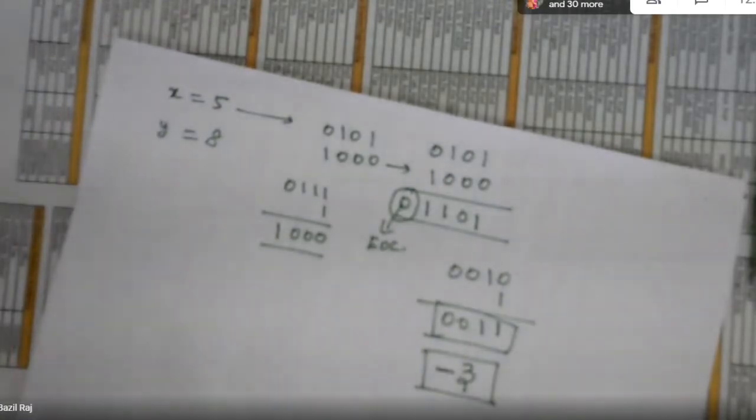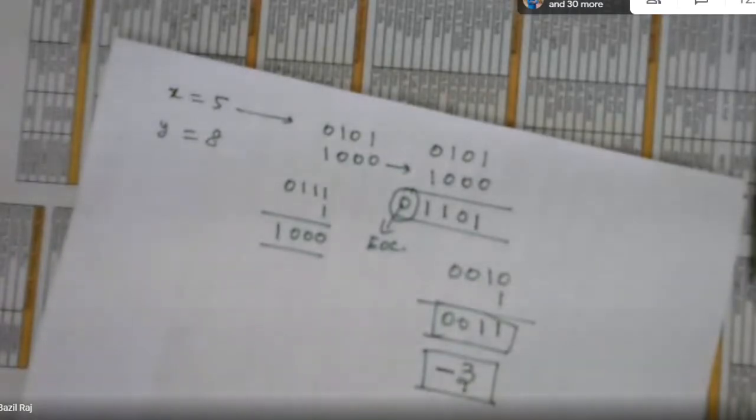If the carry bit is 1, then you forward the result as it is to the outside with the plus sign. Plus sign means positive sign. If it is 0, then you take the 2's complement and then send it to the output side. Latch it out for further operation. Right. So this is the algorithm for the parallel subtractor or binary subtractor.